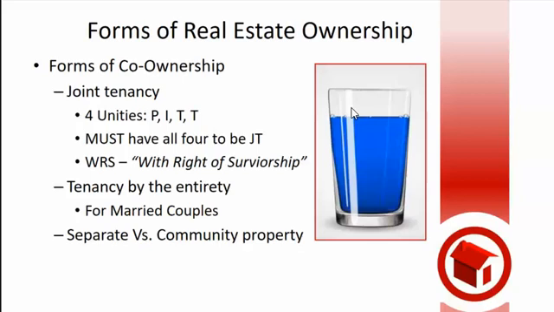And the fourth one is, we are all on one title work. It would say Singh and Maggie and Raymond as joint tenants to the property located at 12 Smith Street. One piece of paper with all three of our names. So we got same title work. We have four unities that are required: possession, interest, time, and title. Spells out PIT. You will find this book loves to do this kind of anagram so you can remember stuff.